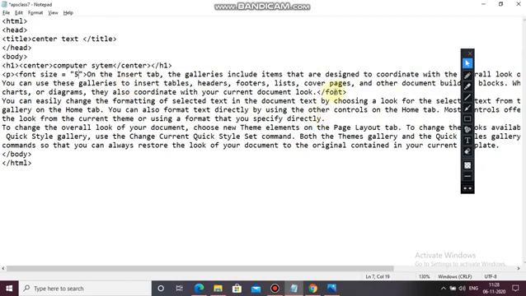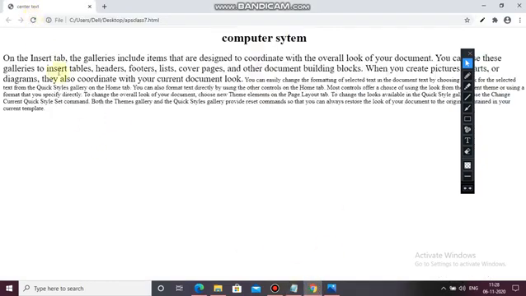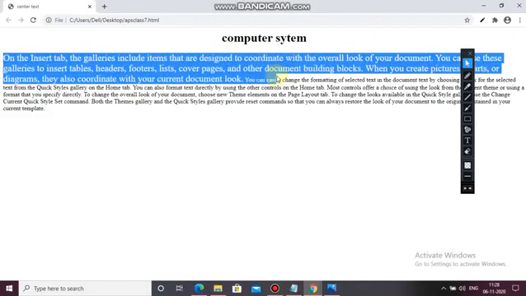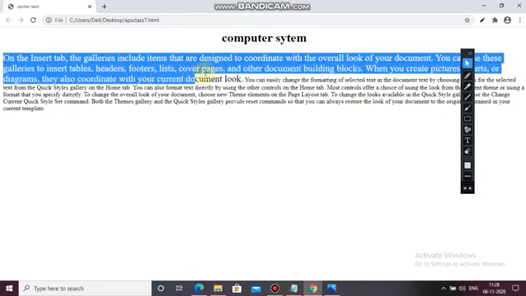Okay, here the font is already closed, so save it. Now let's see, the size is changed. That means for changing the size of the text we have to use a font tag with the size attribute. This is the normal font and this is the changed font. I hope it is clear to you all.